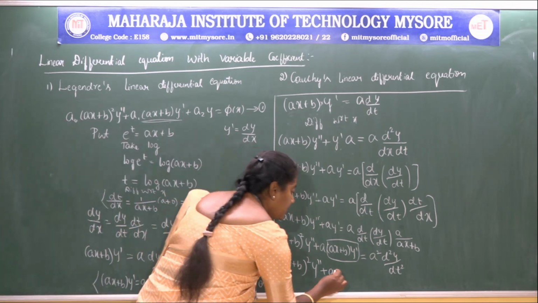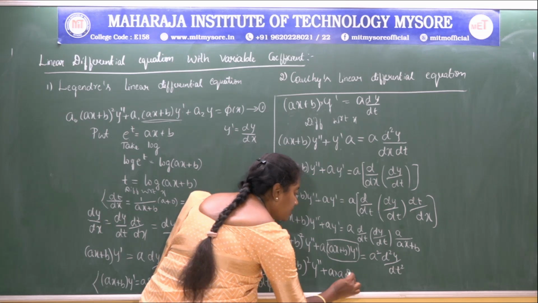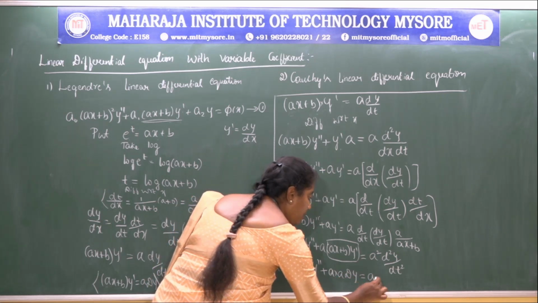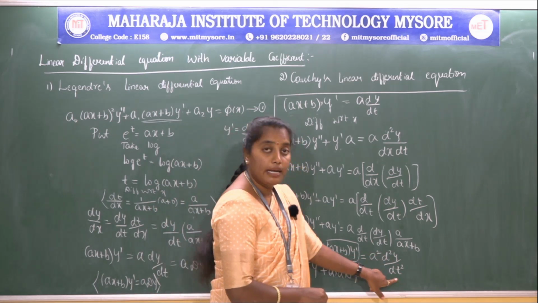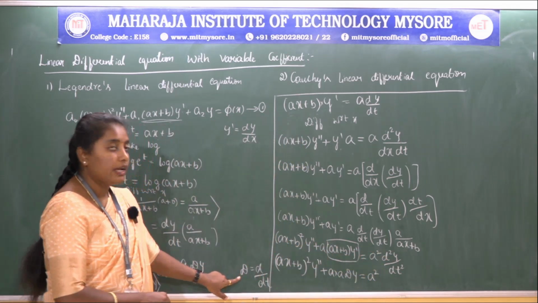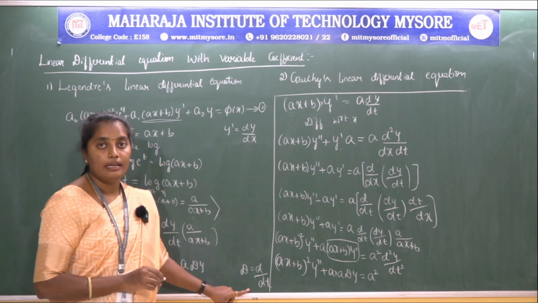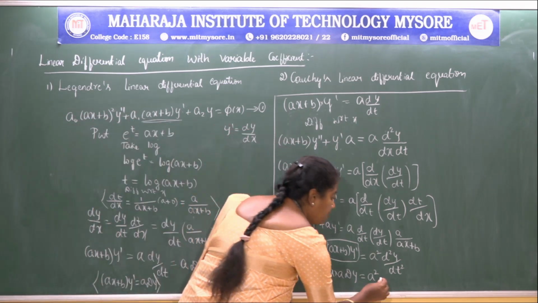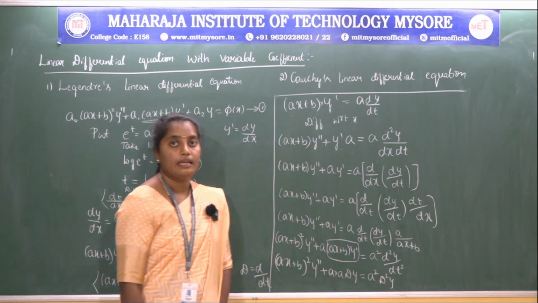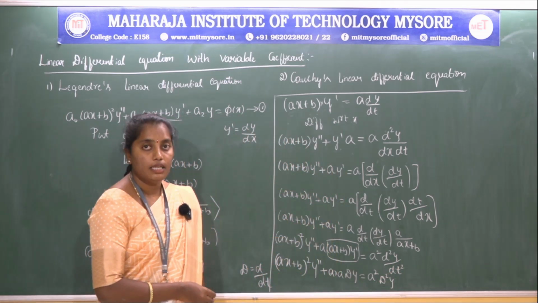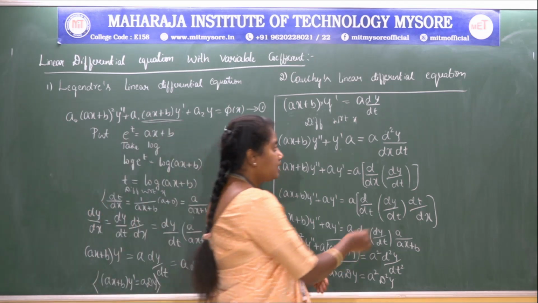So this can be written as a into Dy. This term can be written as a square into D square y by dt square, but the value of capital D is d by dt, hence this can be written as D square of y, the second derivative of y with respect to t. Again simplifying this, we get